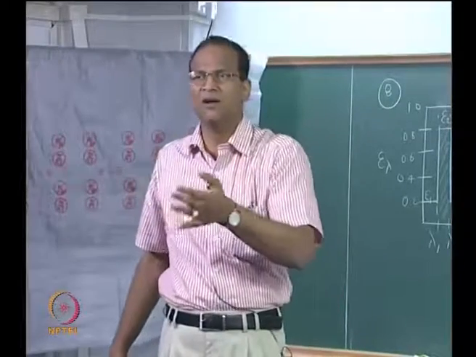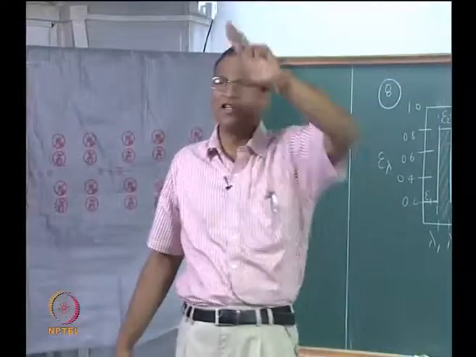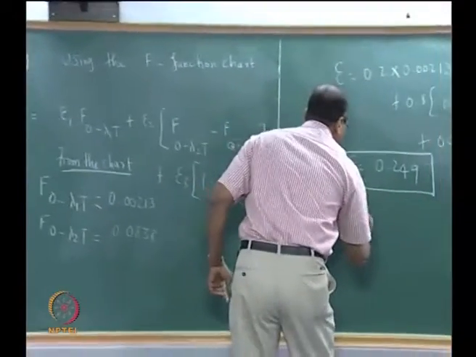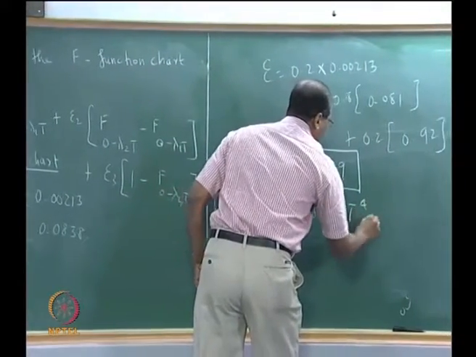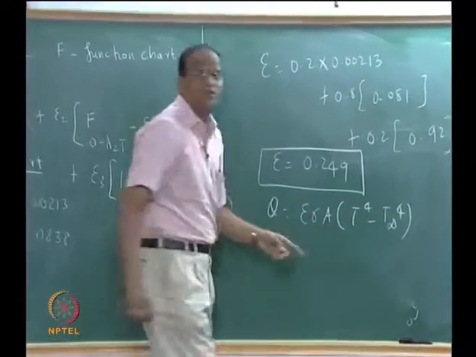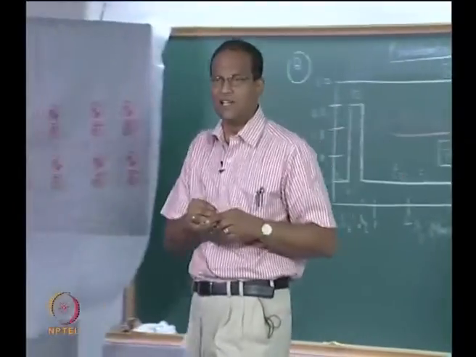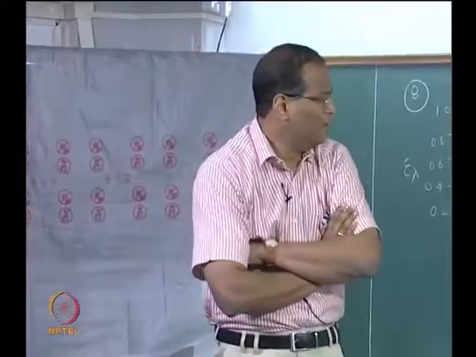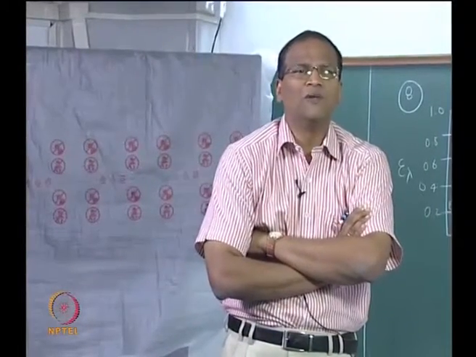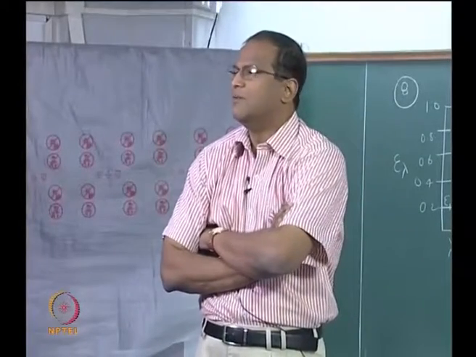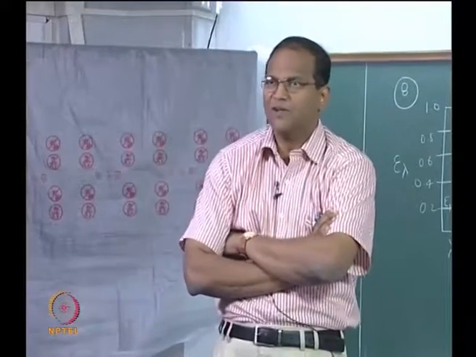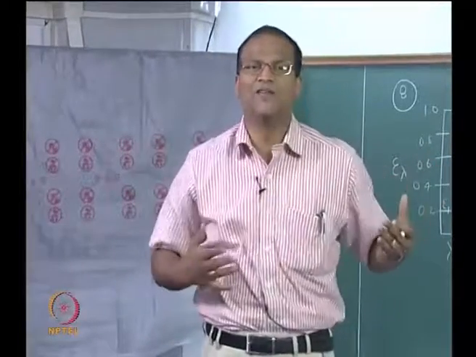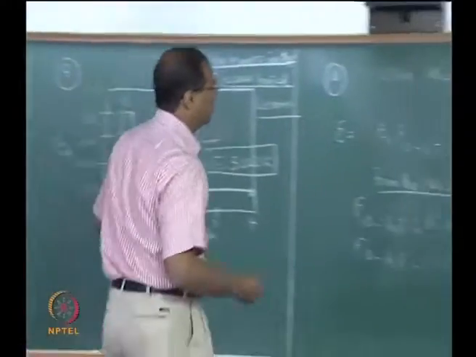I squared R can be written as Q. That is the Q coming from the supply. Therefore, Q equal to epsilon sigma A. So Vikram will again ask me, how are you putting epsilon outside, T infinity inside? You will have to wait for that story. Assuming that is correct, now both the filaments are operating at 3000 Kelvin, assuming that the ambient temperature is same for both, and the Stefan Boltzmann constant has to be constant for both the filaments, and the area is also the same. Therefore, the ratio of the power consumption is just the ratio of their emissivities.